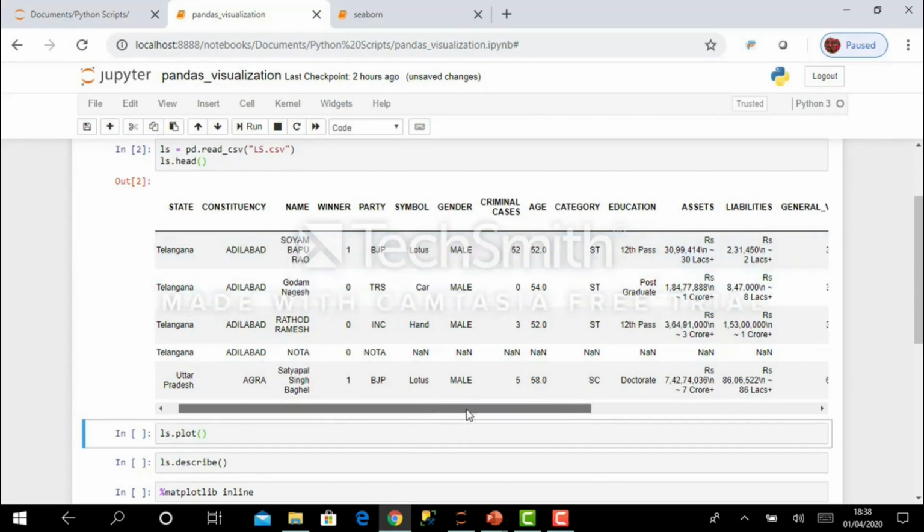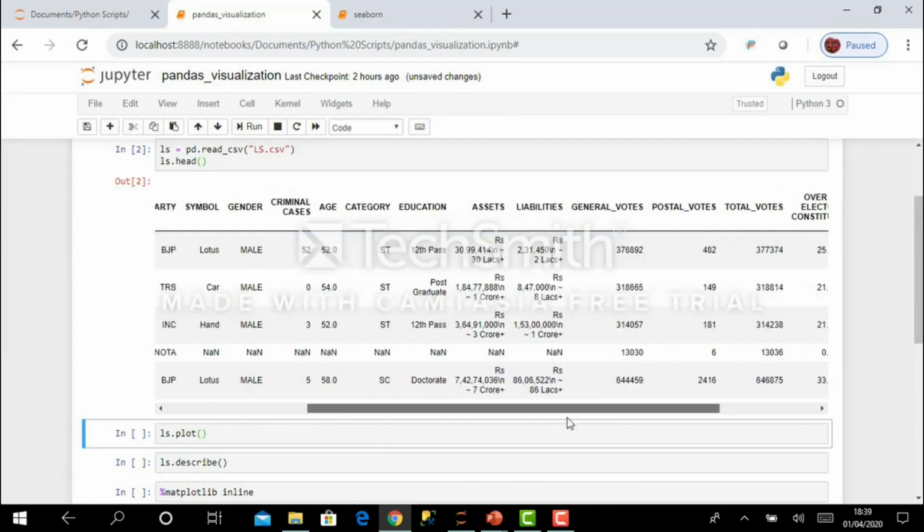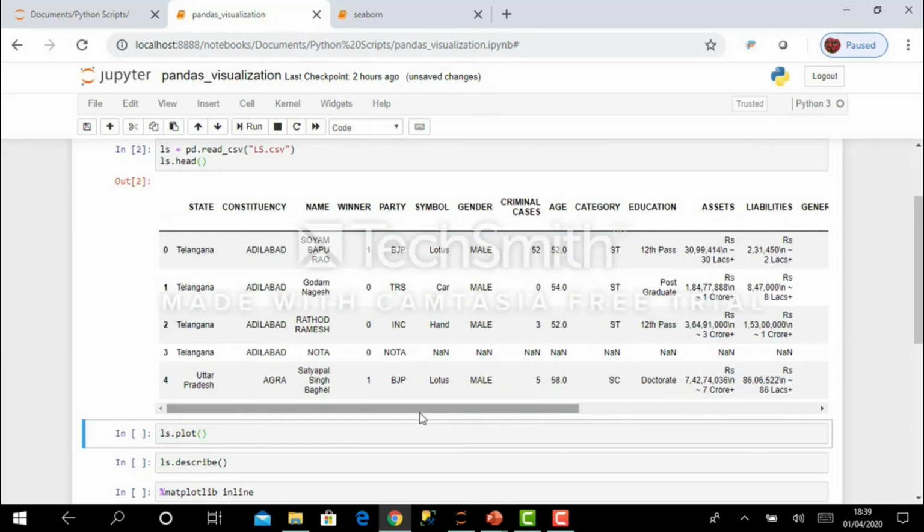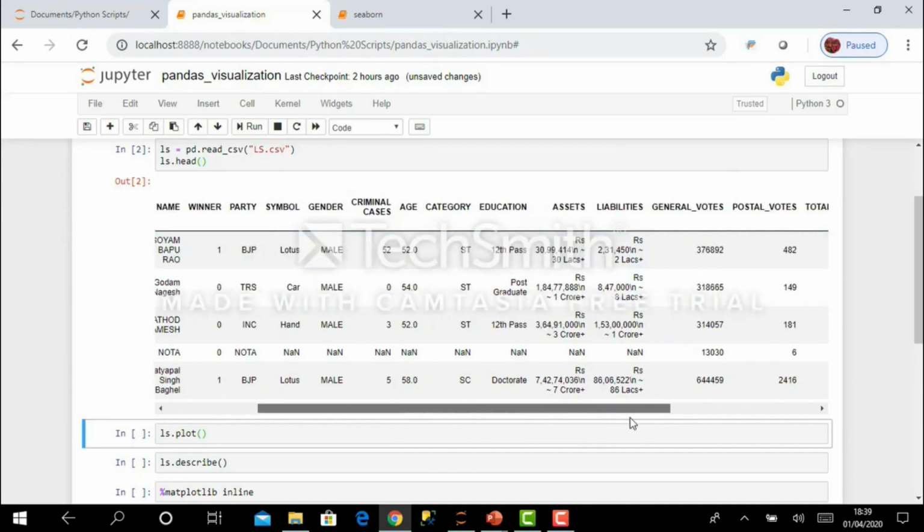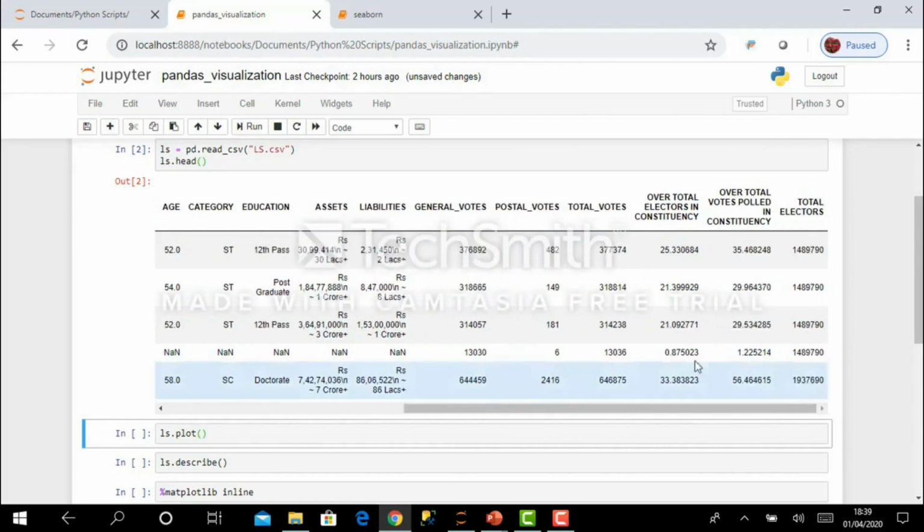If you check the records, you will understand that this is about the Lok Sabha election candidate details. It has the state, constituency, name, winner, meaning whether the candidate was a winner or not, then the party, symbol, gender, how many criminal cases there are for that person, the age of that person, category, the education of that candidate, the total assets, the liabilities, and the general votes, postal votes and total votes.